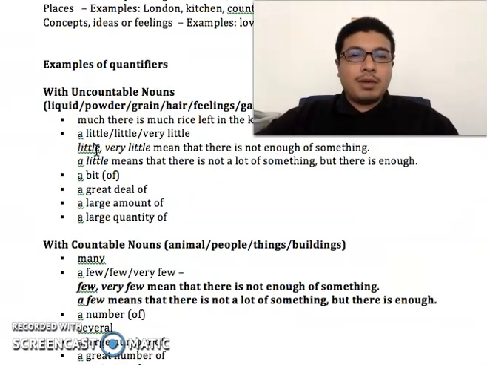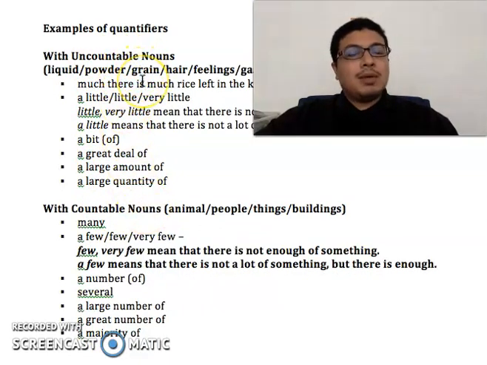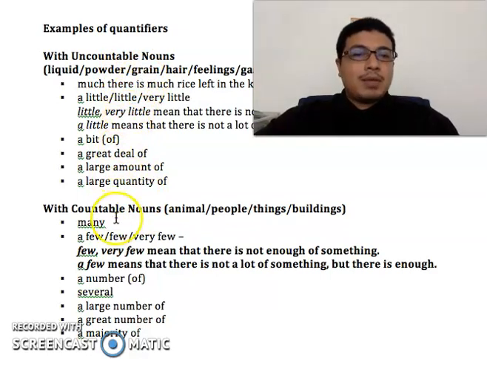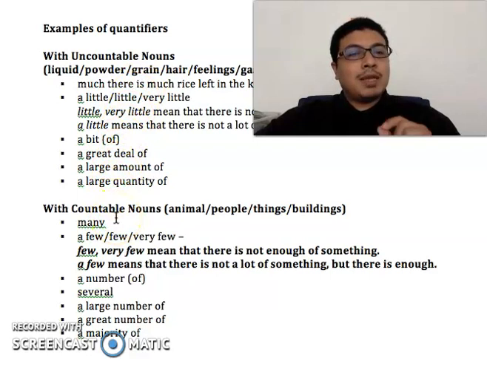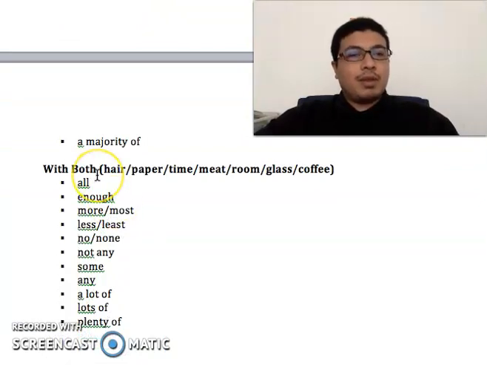So we have talked about uncountable nouns, we have talked about countable nouns. Uncountable nouns means nouns that you cannot count. Countable nouns means nouns that you can count. But there are also nouns that can be both. They can either be countable, or they can also be uncountable. For example,